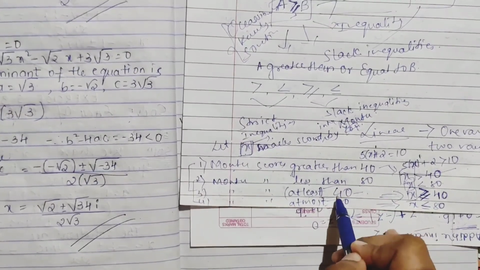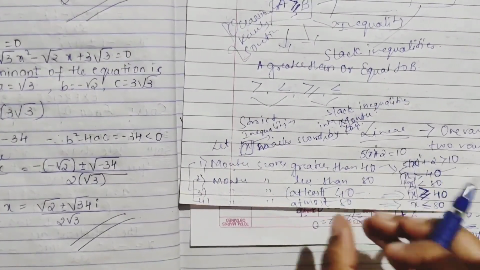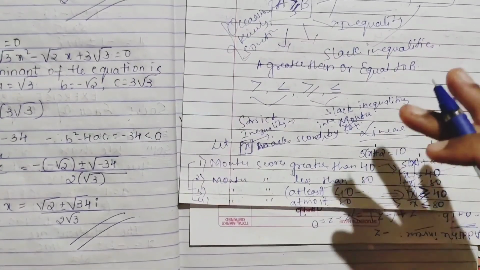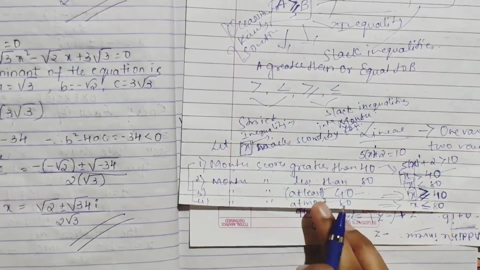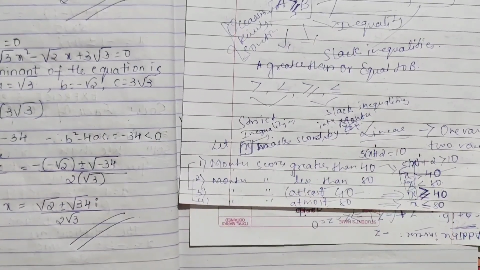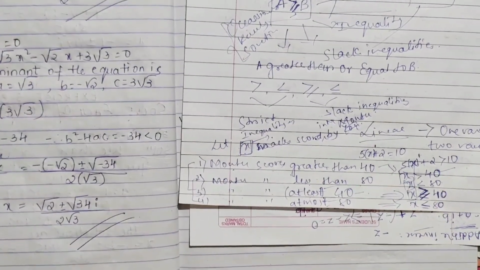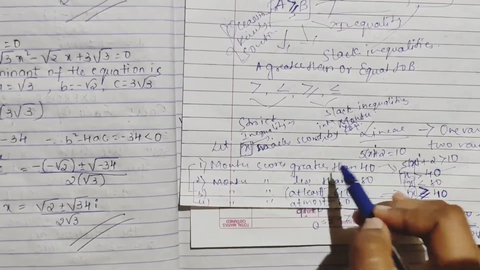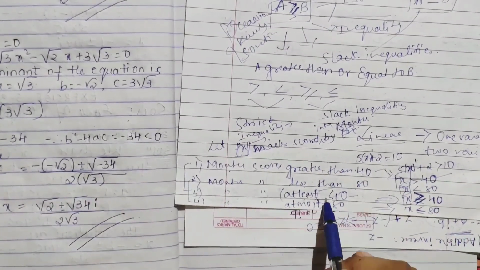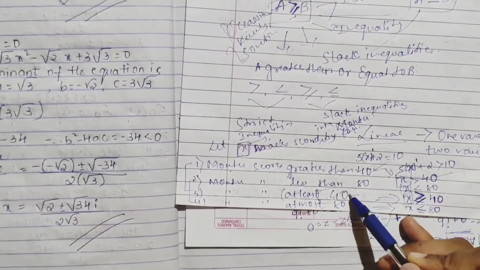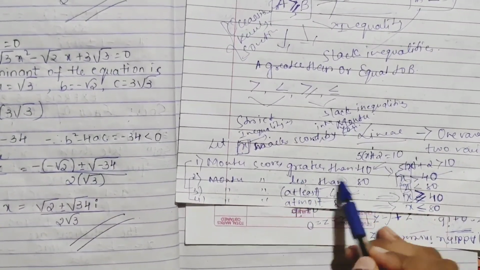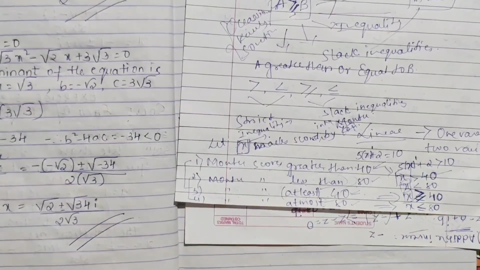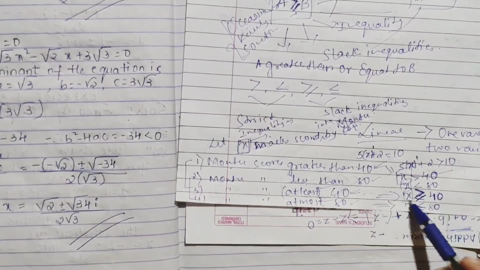Your at least, at most, don't get confused. See, at least means what? Montu will get 40, right? So at least, how do we write? It is greater than or equal to 40. At most 80 means Montu gets up to 80. So we write less than or equal to 80. Because this sentence says greater than 40, and here at least 40, which means greater than and equal to. Here less than 80 and at most, which becomes the less than and equal to sign. Understood? Like this it will be merged.